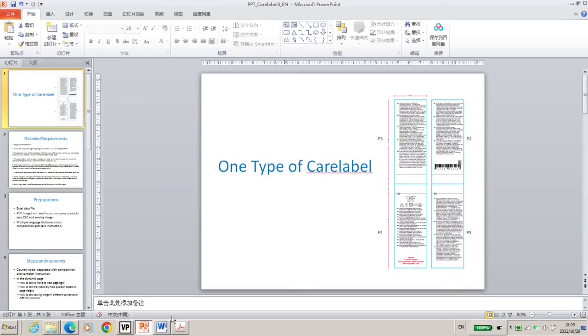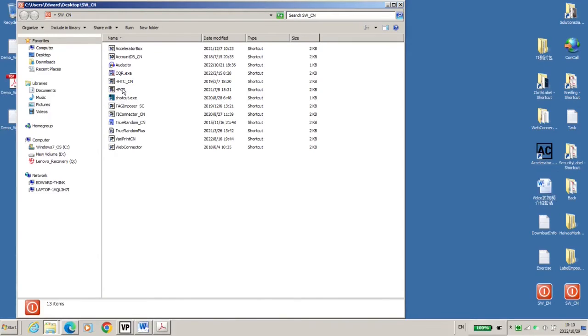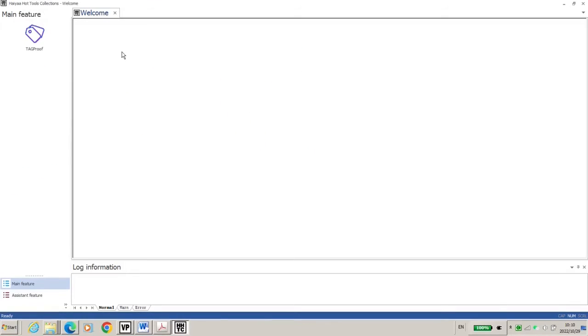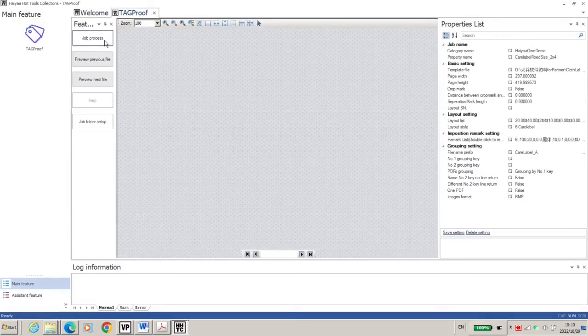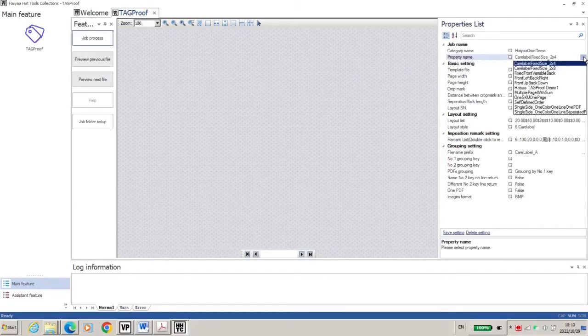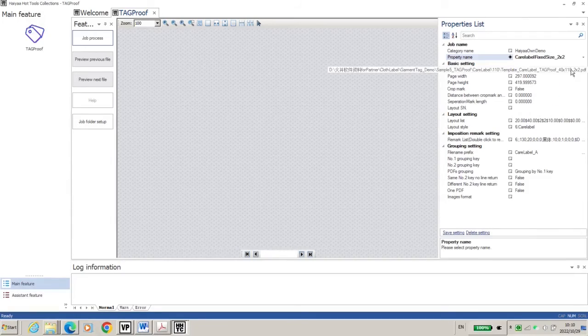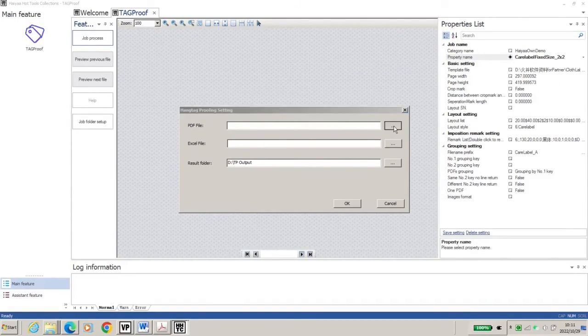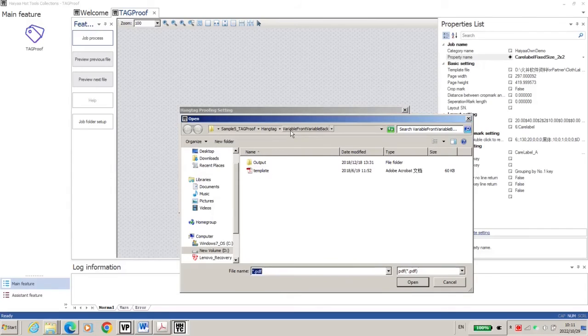If you want to get this effect, you need to buy another software. Another software is Hybrid Tech Proof. I'll show you dedicatedly for the proofing document. I use the file to demo to you. OpenText Proof. We have already made the logic for different kinds of proofing imposition logic. So here I choose a K-Label, for example, K-Label 2 by 2.